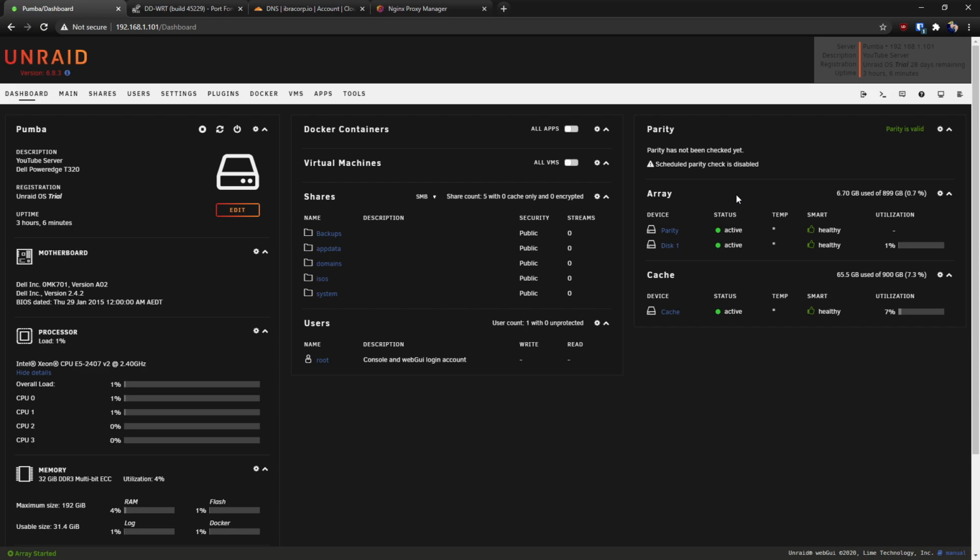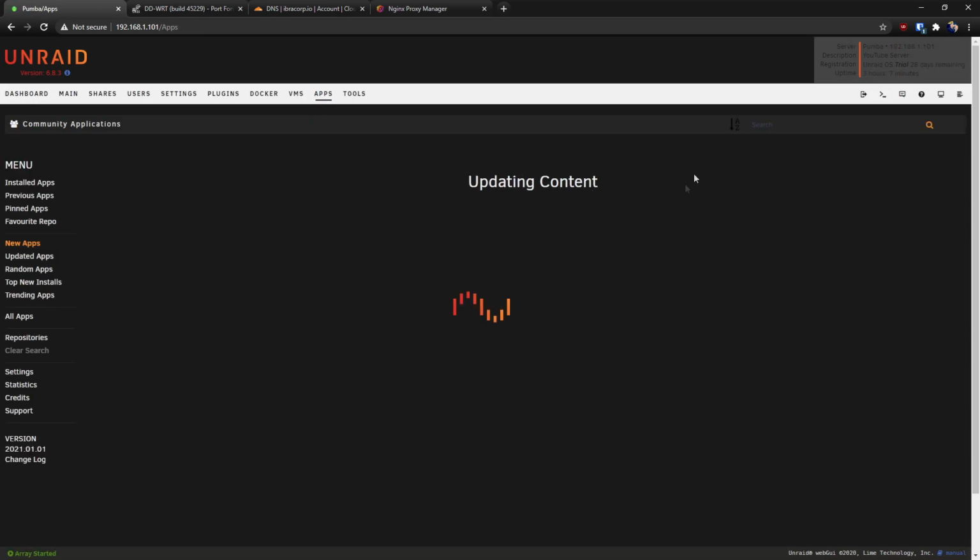Or if you're already an experienced user and you just wanted to see what it looked like from scratch. So here we are on our brand new server, Pumba. I'm not sure where I came up with that. It sort of just popped in my head, so not sure whether that's a good or a bad thing, but here we are. So the first thing we're going to do is head over to the App Store, and thankfully